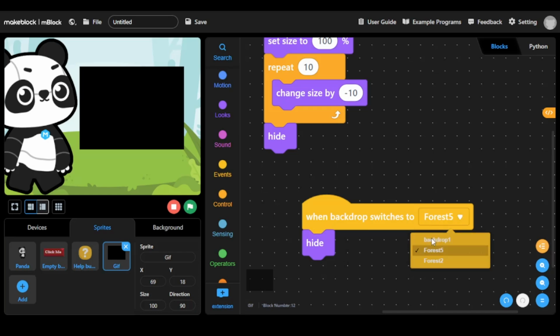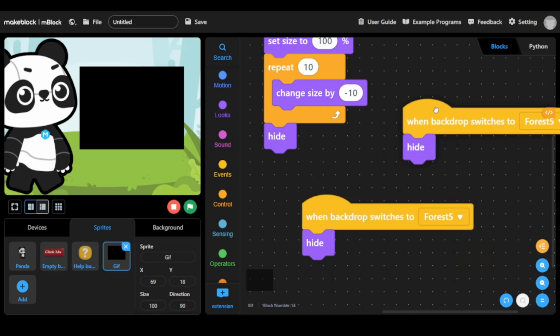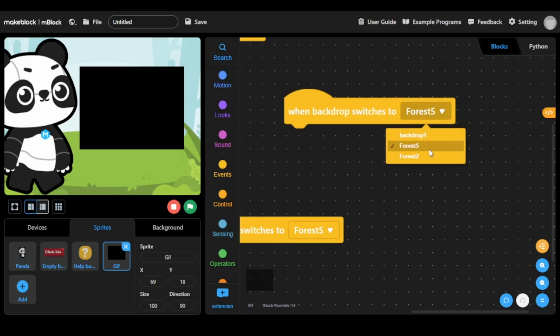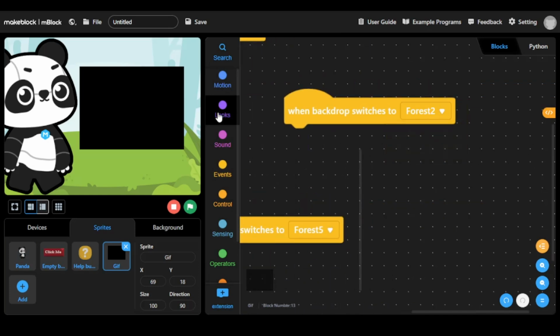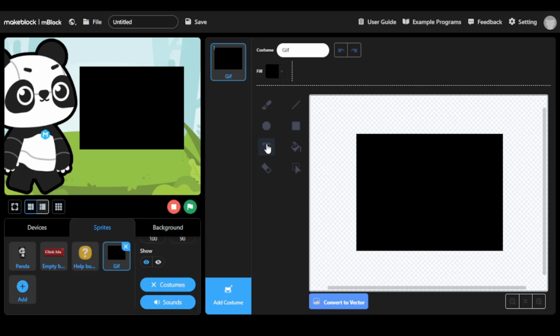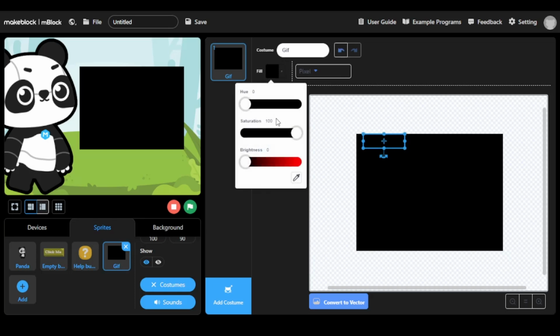When backdrop switches to the first, hide it. When backdrop switches to the second, also hide it. And now what you gotta do is just type out whatever you want here, or the lore, the story of the character you chose. Let's say this panda guy,